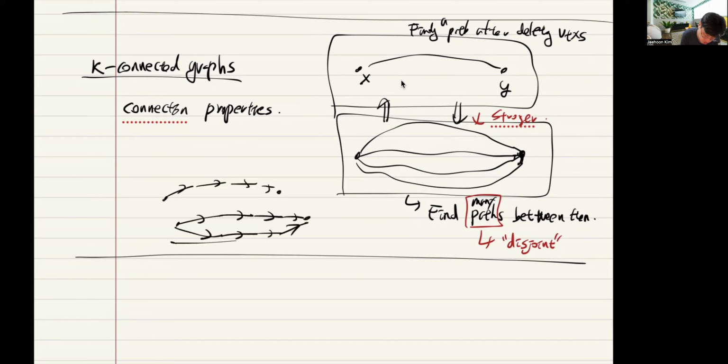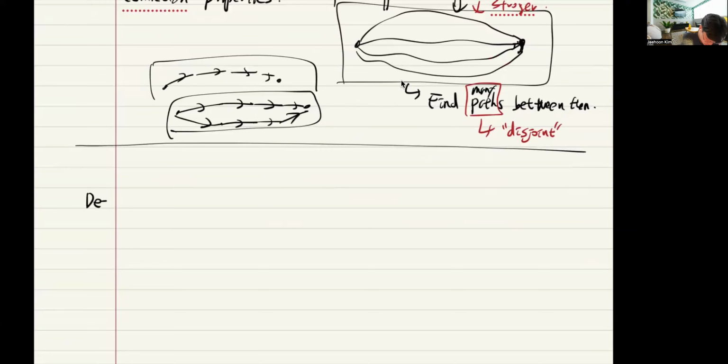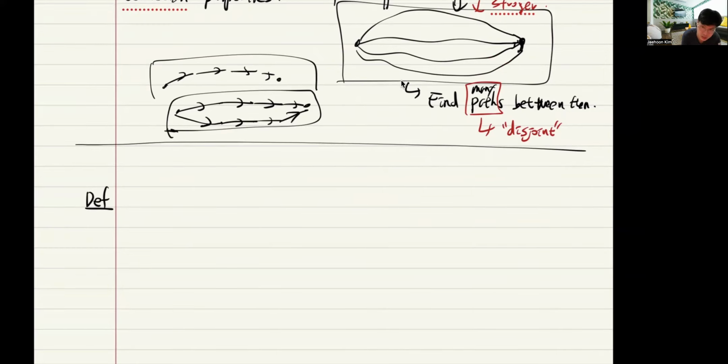So we want to consider directed graphs and undirected graphs together. Let's introduce the definition. For digraphs, we didn't define what K-connected means. We only defined the concept of strongly connected. So we defined that a digraph is strongly connected